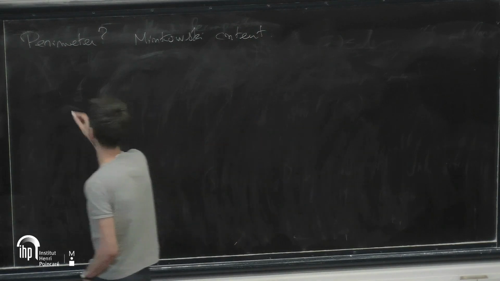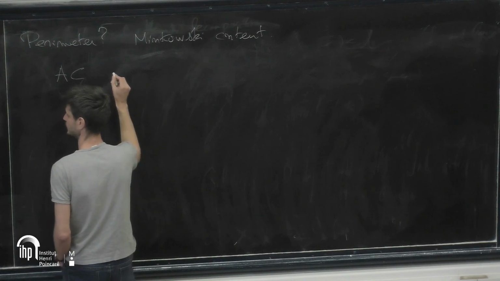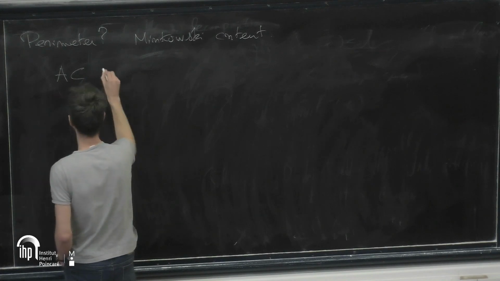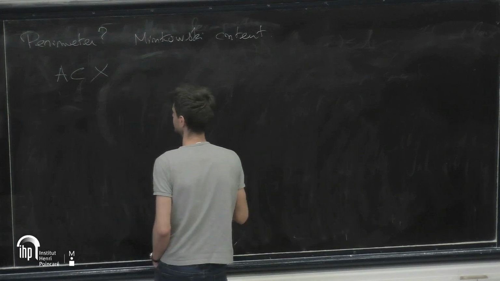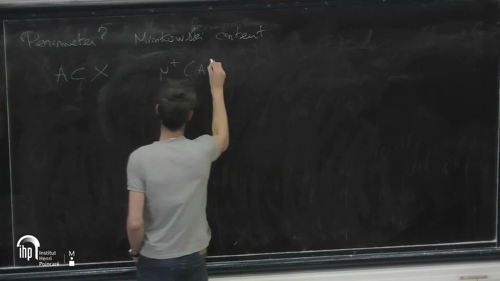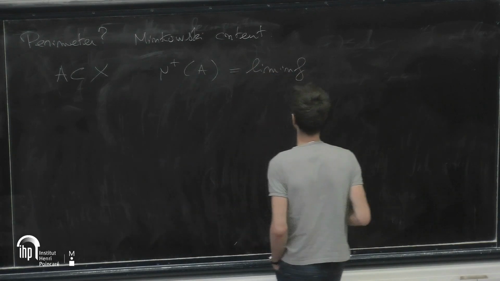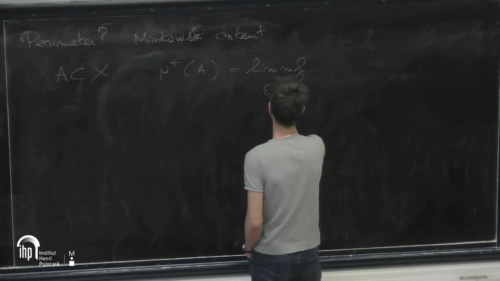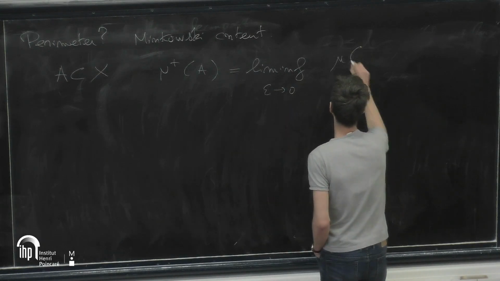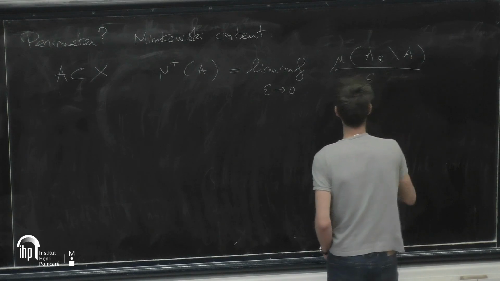So given a subset of Rn or of the ambient space X, I will call mu plus of A this will be the limit as epsilon tends to 0 of mu of A epsilon minus A divided by epsilon,